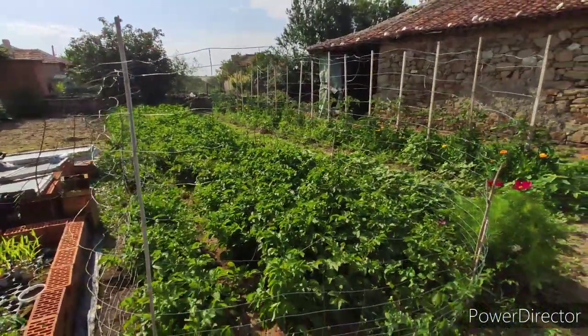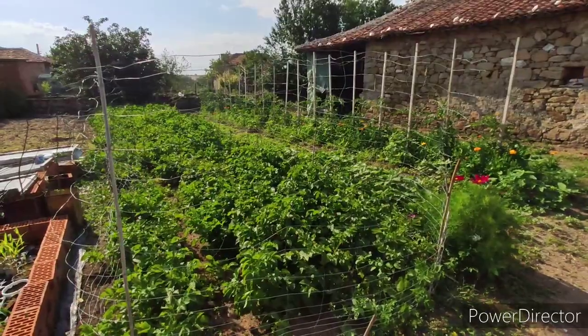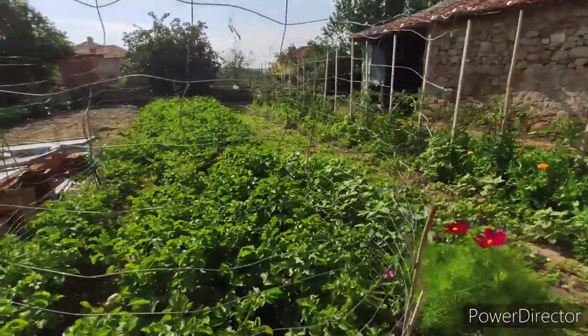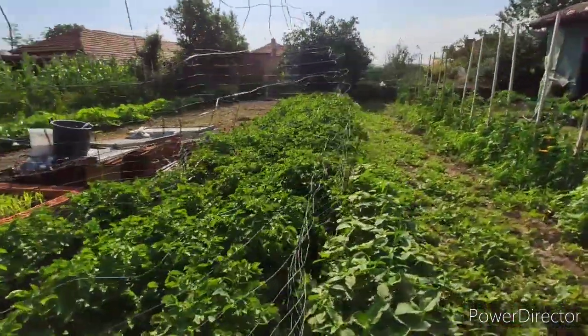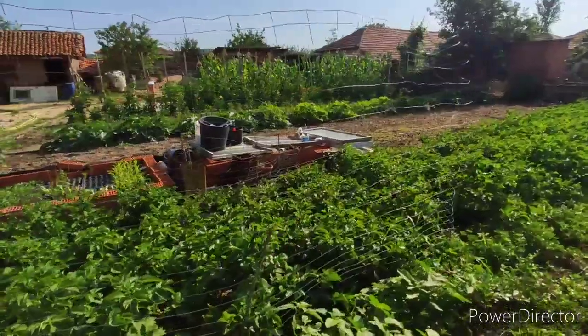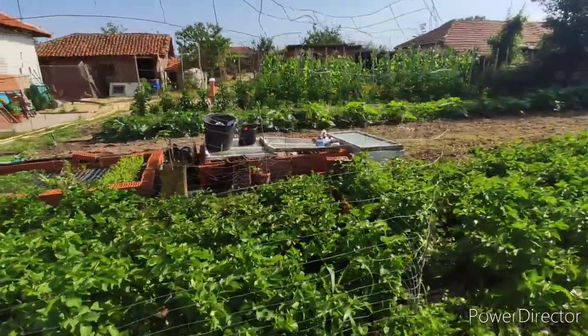So here it is, real basic. It doesn't look pretty like most of these YouTube videos you see where someone goes out to their local hardware shop and buys some nice fencing, but this is just what I had lying around, and I've just used a few mulberry canes and bamboo canes just to secure the corners and the sides. And